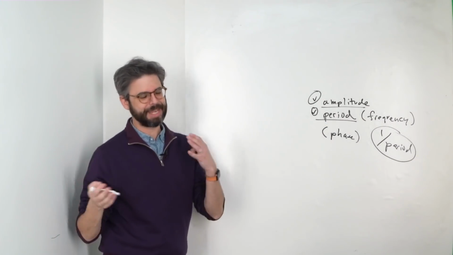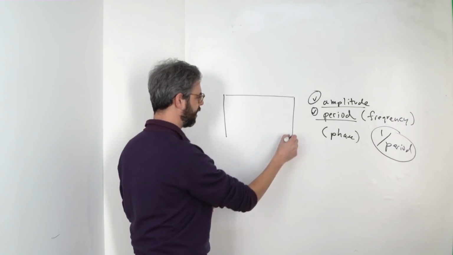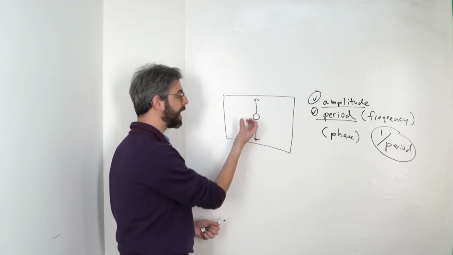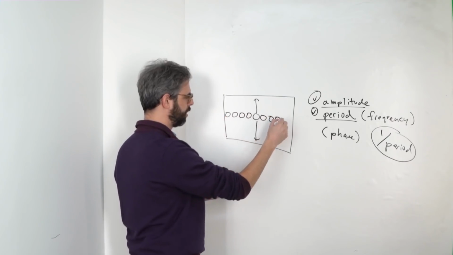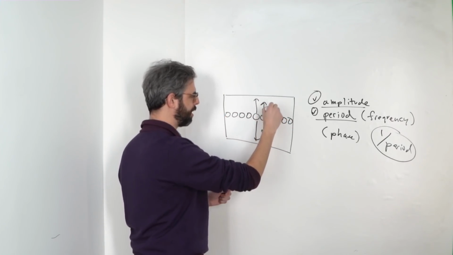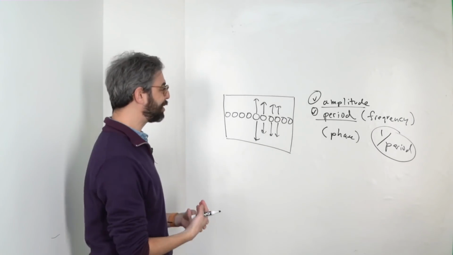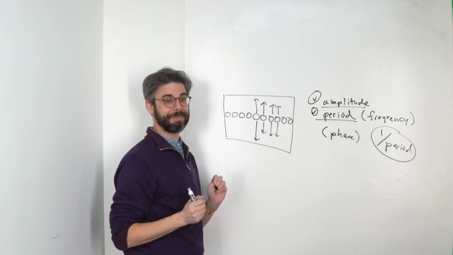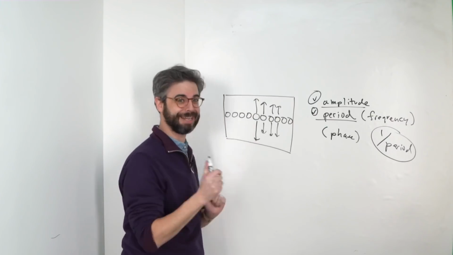Ultimately, it's the same thing in the end, but I want to start with it in motion. I want to think about this one dot as an object oscillating up and down. And then I want to make an array of those dots, and I want them all to oscillate up and down. Now, there's a lot of things you could do here just by starting to vary the period and frequency of each one of these dots moving up and down. I almost want to just do that right now. Let's go ahead, I'm going to do that right now.